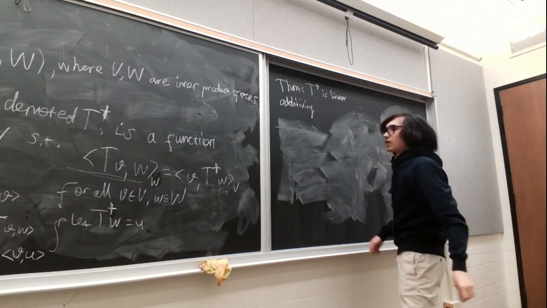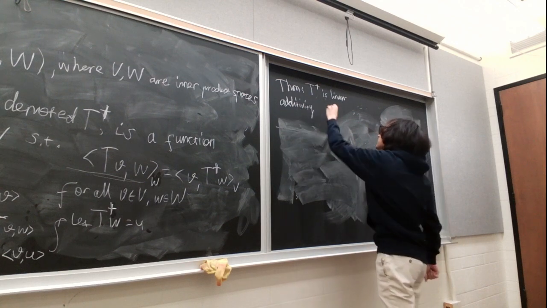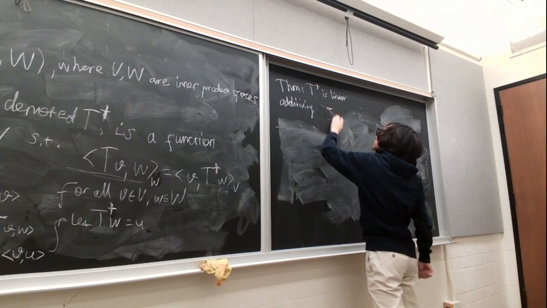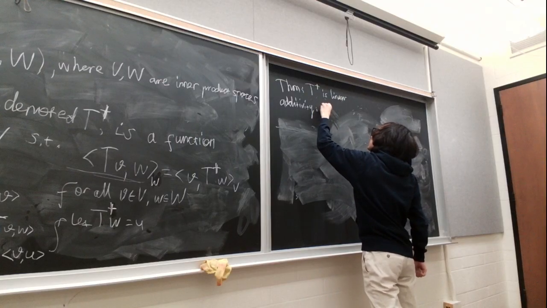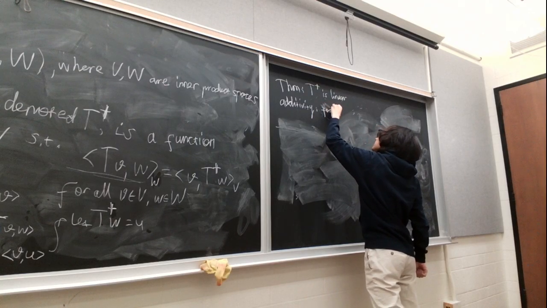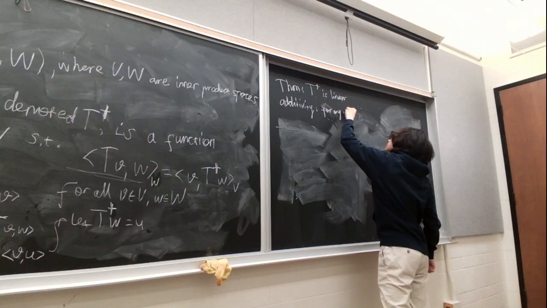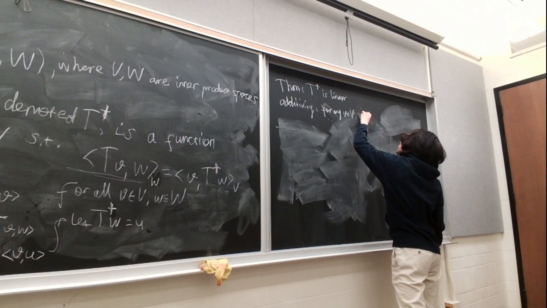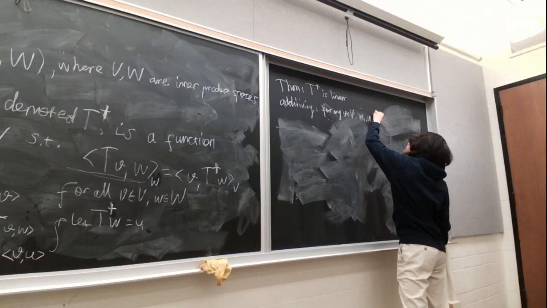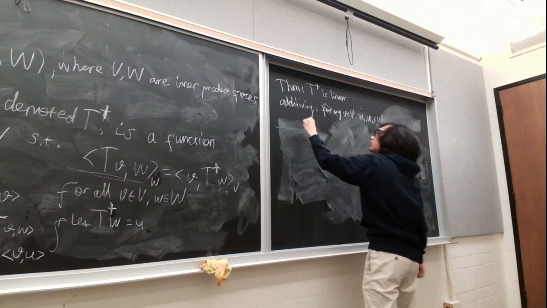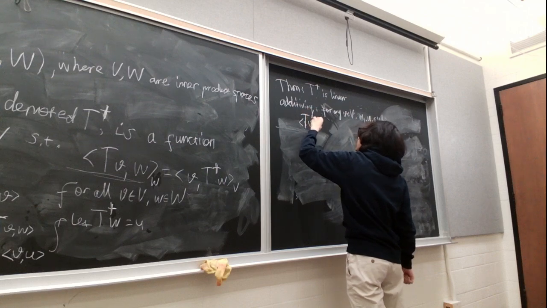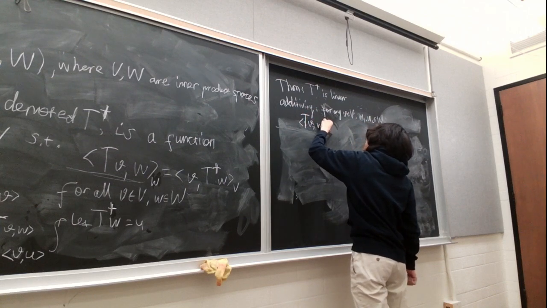So let's say we have V in V, and W1, W2 in W. We have the inner product of TV with W1 plus W2